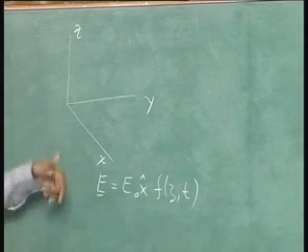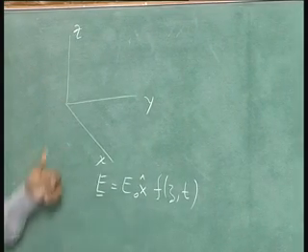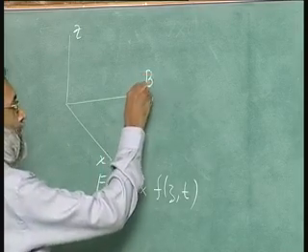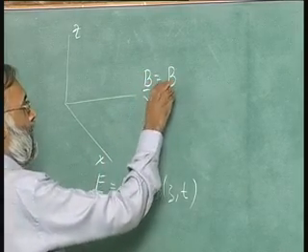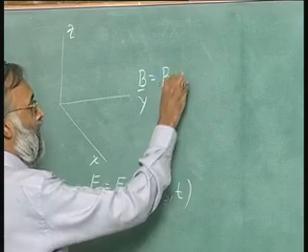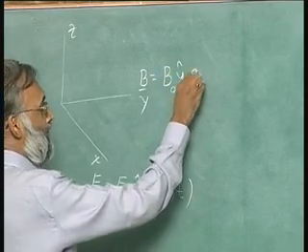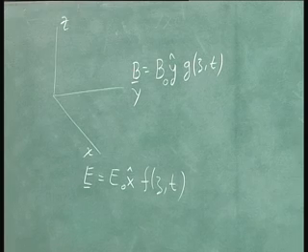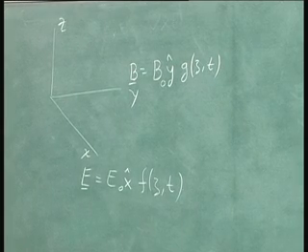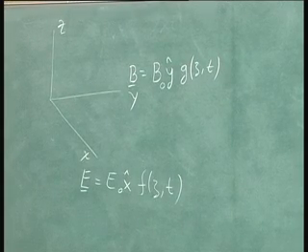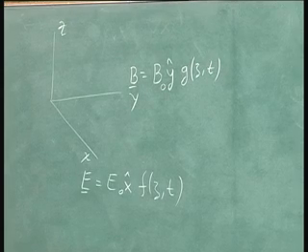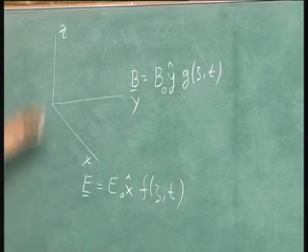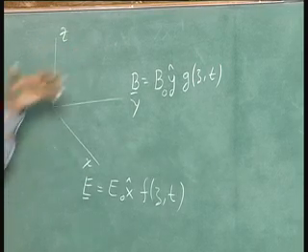So, the electric field does not change in the direction x, but it can change in the direction z. I am going to assume the magnetic field B is some B naught in the y direction and is some other function g of z, t. And then I am going to try and apply the various Maxwell's laws